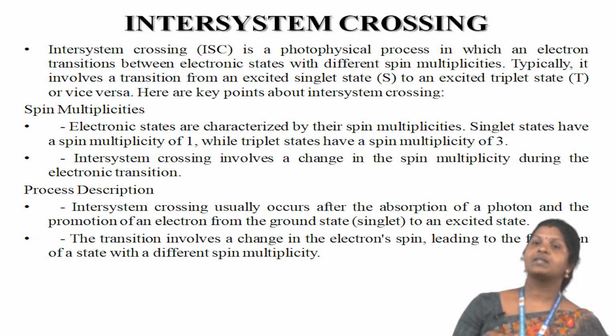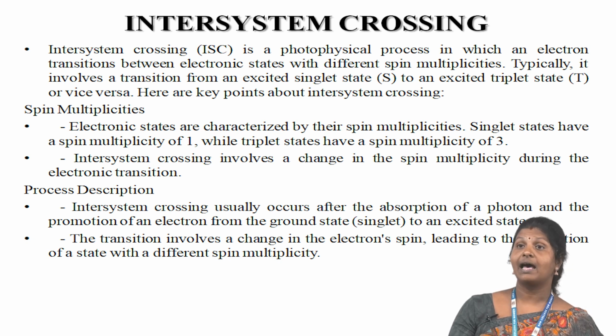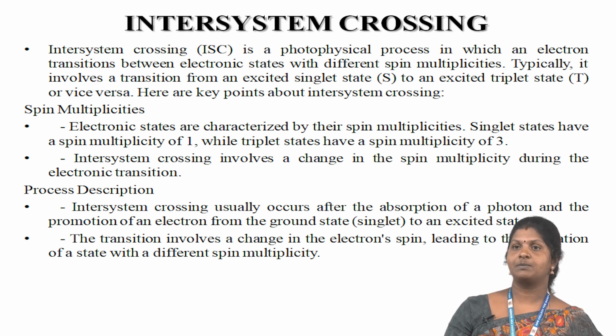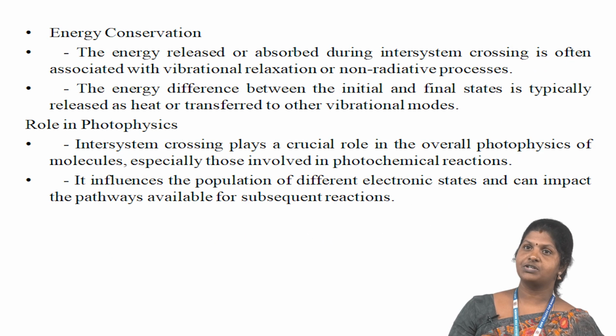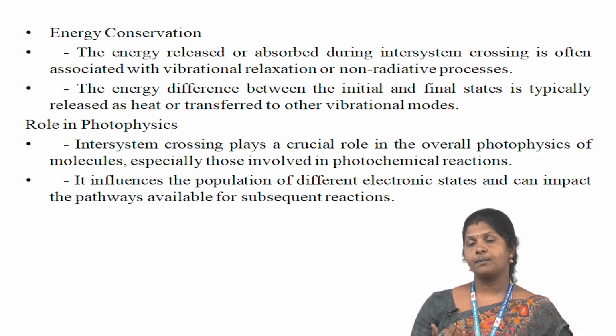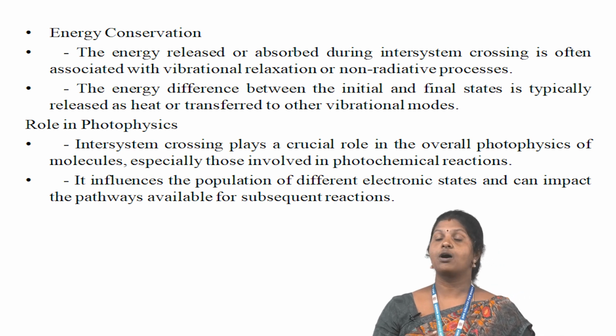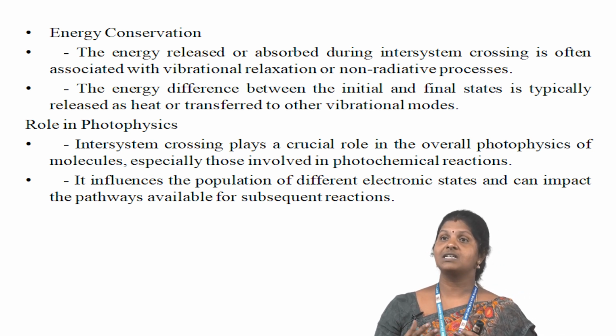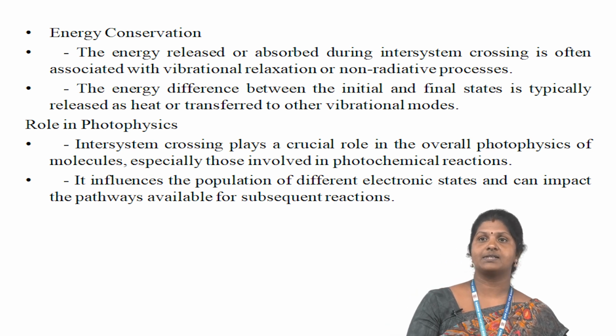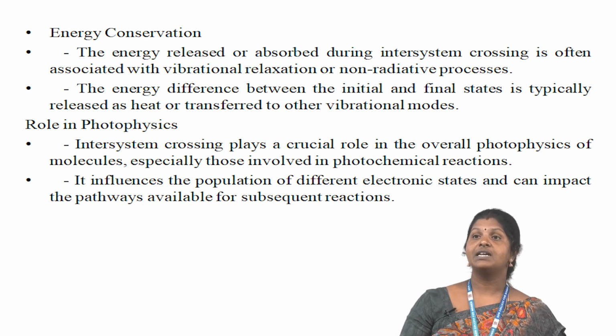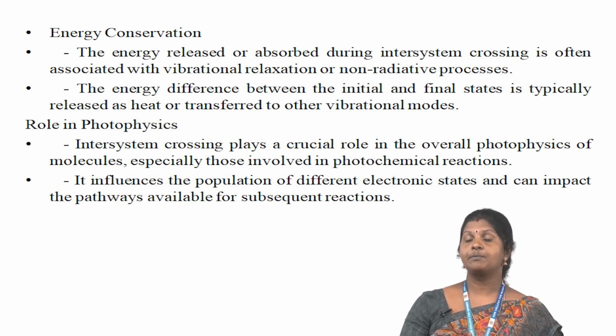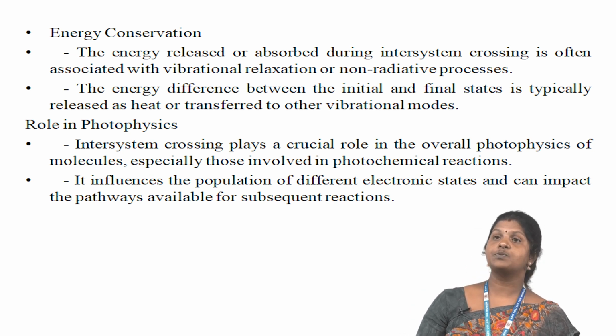The process description: intersystem crossing usually occurs after the absorption of a photon and the promotion of an electron from a ground state to an excited state. The transition involves a change in the electron spin, leading to the formation of a state with a different spin multiplicity. The energy conversion: the energy released or absorbed during intersystem crossing is often associated with vibrational relaxation and non-radiative processes. The energy difference between the initial and final state is typically released as heat or transferred to other